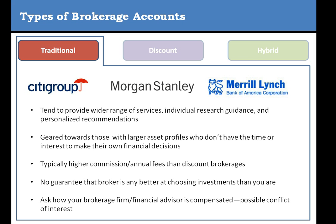It's also important, if you choose to go with a traditional brokerage account, to understand how your broker is compensated, because some full service traditional brokers may receive commissions every time they execute a trade for a client. What this means is that their compensation package may be based upon how many times they buy and sell stocks. So if your broker is buying and selling a lot of stocks, it's important to understand if they're making that decision because it's the right decision or because he or she is able to earn more money on